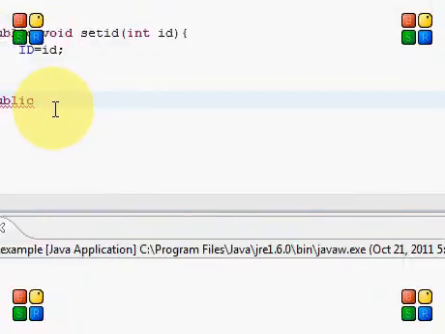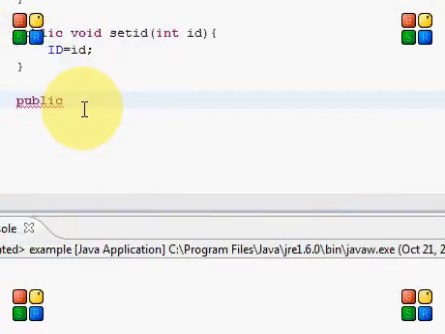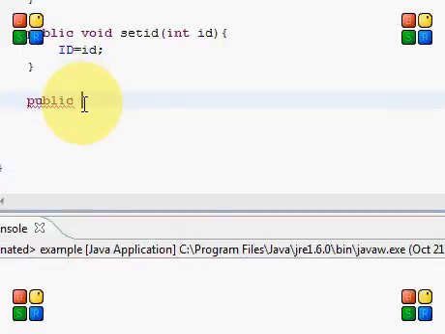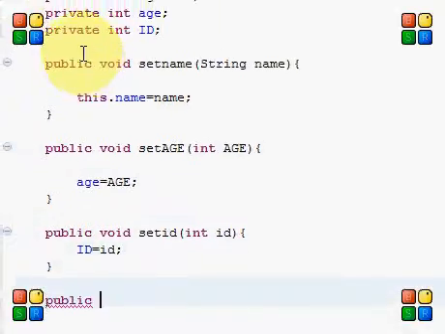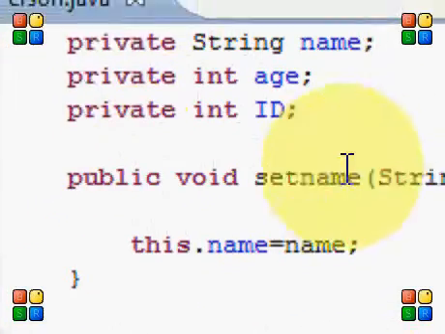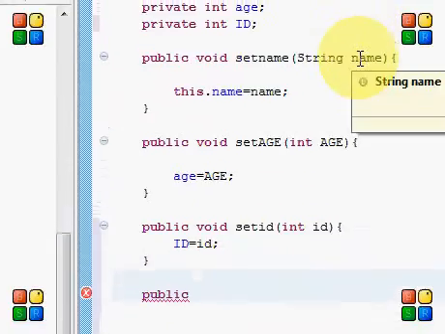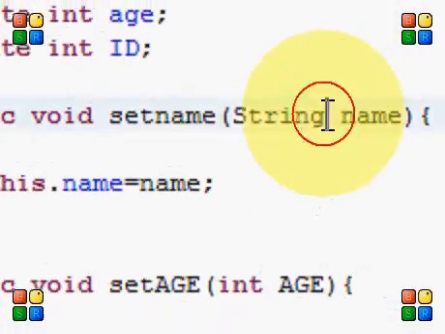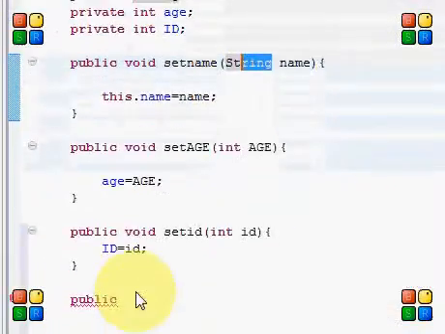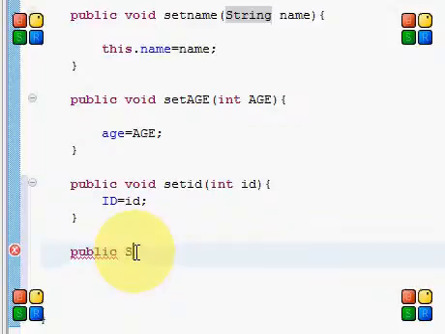Okay, now get methods. So public, let's write our first get method to this part here, set name. So we had to write it like this. Now in our get methods we write it like this. Since this is a string here, we write it like this: public string